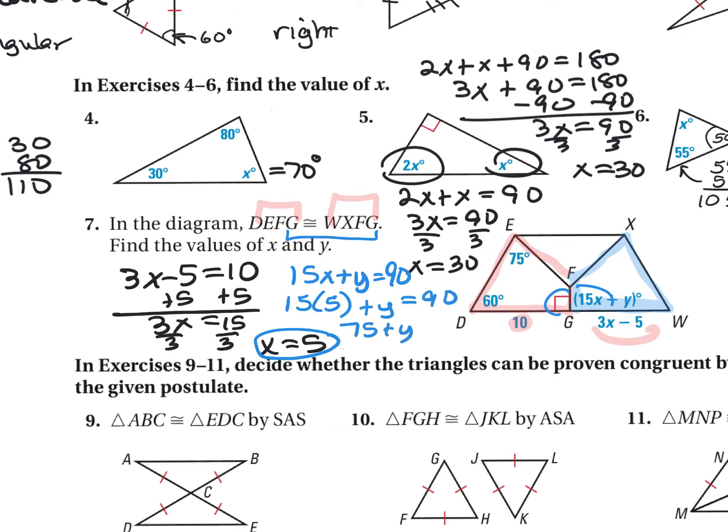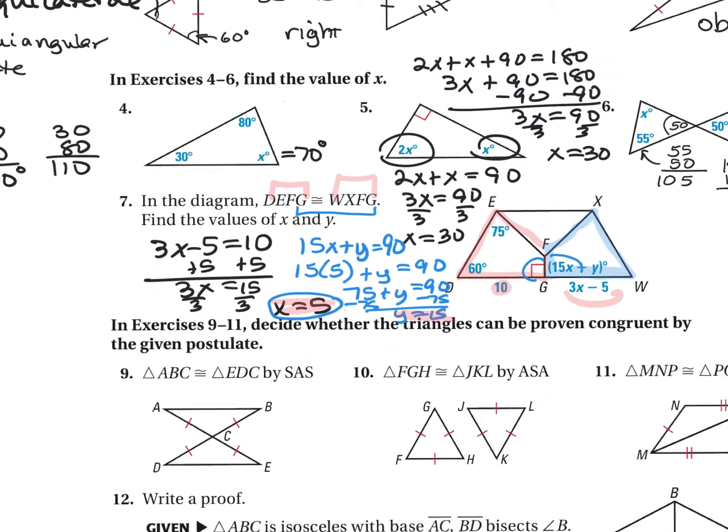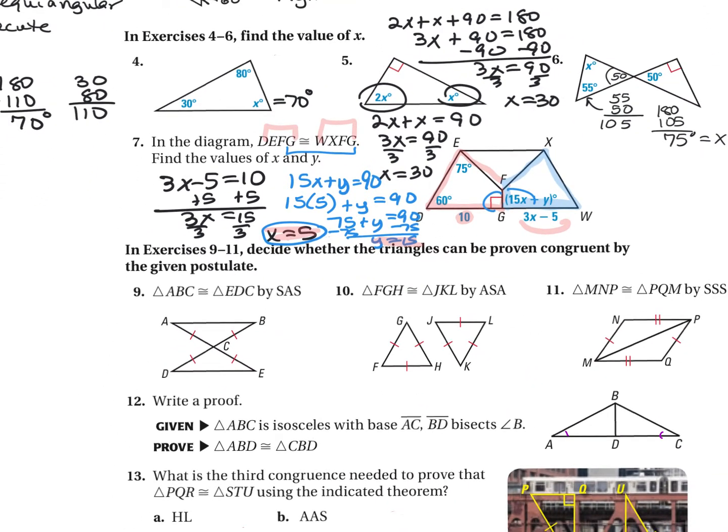75 plus y equals 90. Subtract 75, and y equals 15. Good there? All right, so the two answers were 5 and 15. Then for the next one, it says,